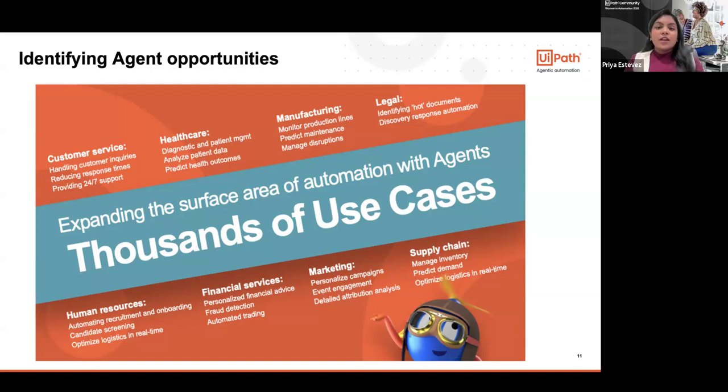Areas within financial services are endless, because there are very simple questions. We all use, if you're using Bank of America, they basically use an agent called Erica. And Erica provides you with information, if you want your balance or if you need to contact investments, it gives you all the very basic information. The trivial data is given there. But if you want an additional step, you can build your own agent for that specific process. So whenever you look at an agent, take a step back at your process and see where you could fit in that agent. There are lots of areas where agents could fit in.